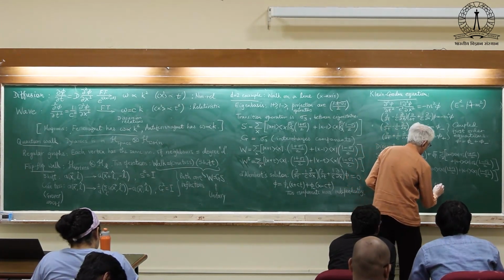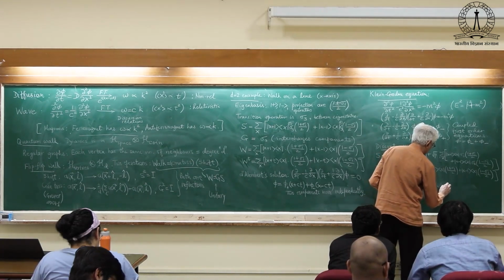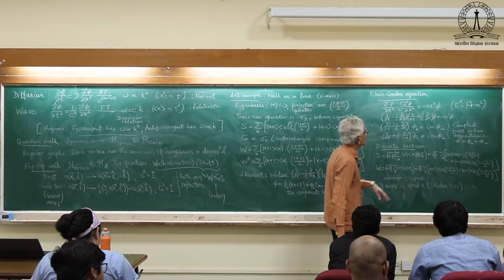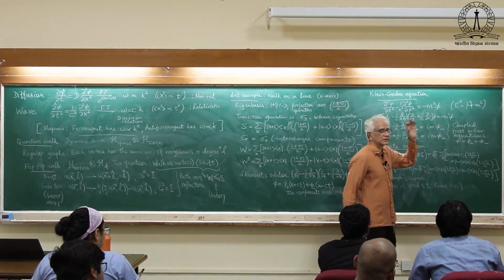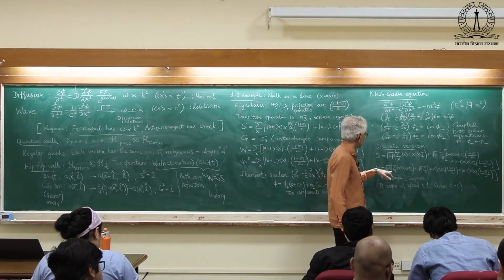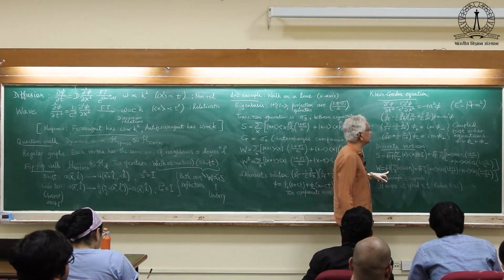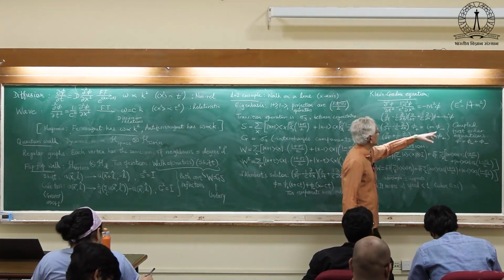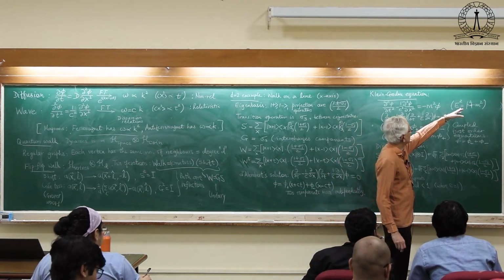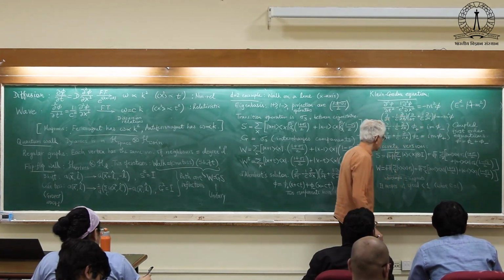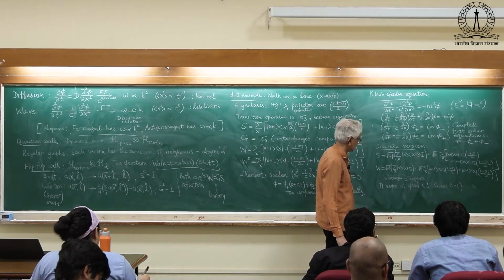Well, according to this dispersion relation, depending on how much amplitude you put inside here, you can find the velocity of this. It's not, well, square root of p square plus m square in some sense divided by